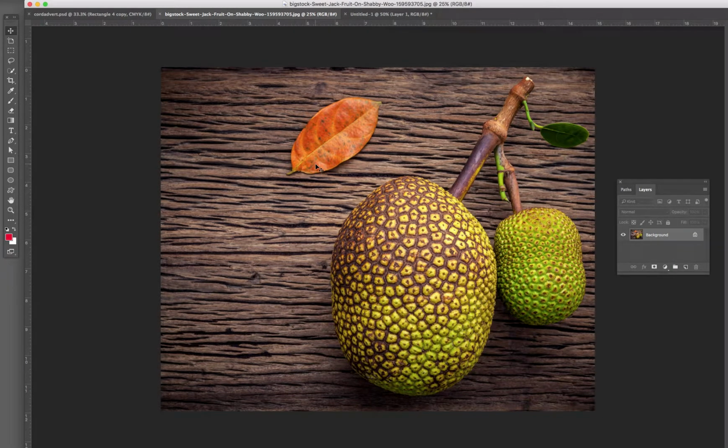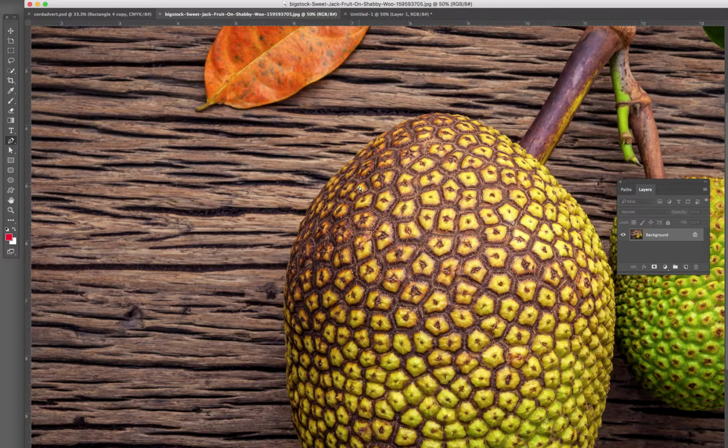Okay, so what I want to do is make a selection with my path tool to create a selection around this fruit here and paste it into another document that I'll be working on. So what I want to use is go down to my pen tool, zoom into the area where I want to select,